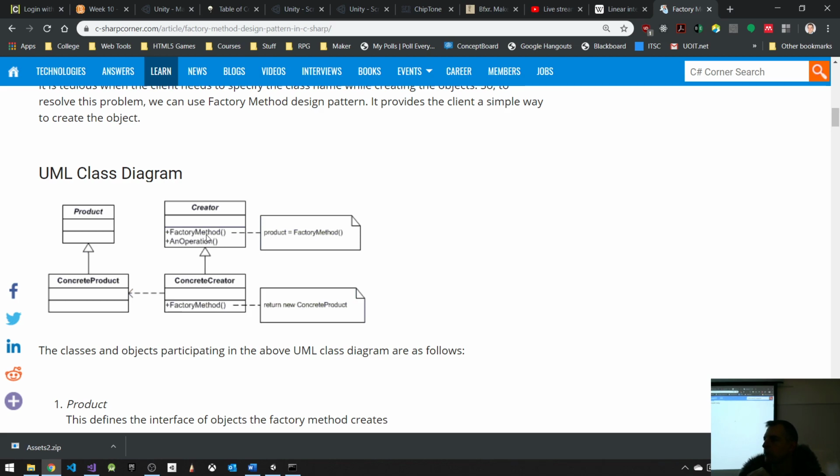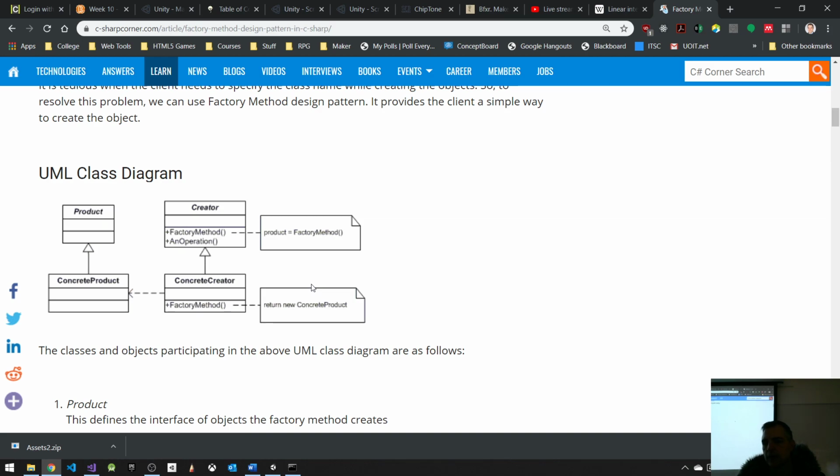So why go through this process? Why have a factory create our objects for us and not just instantiate? Well, the great thing about this is you can parameterize the objects you want to instantiate. So for example, let's say I want different kinds of explosions, right? Instead of instantiating many different prefabs, I can have one prefab that's potentially linked to different